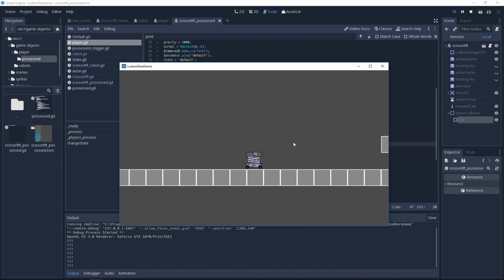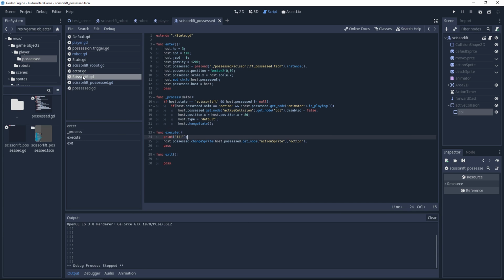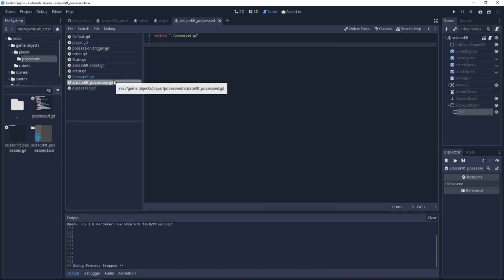So it's hitting it, but it's not doing anything. Let's look at the logic again. So host.possess.change sprite changes to the action, which should be okay. Because this is lift.possessed, it inherits